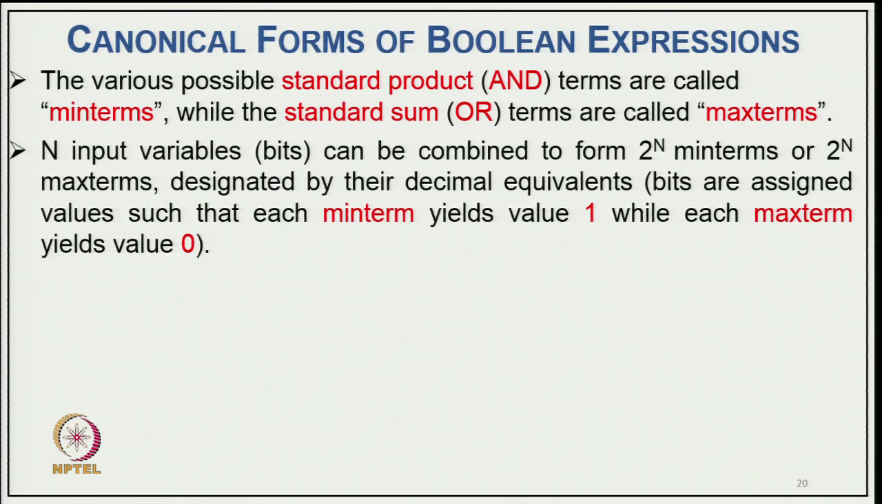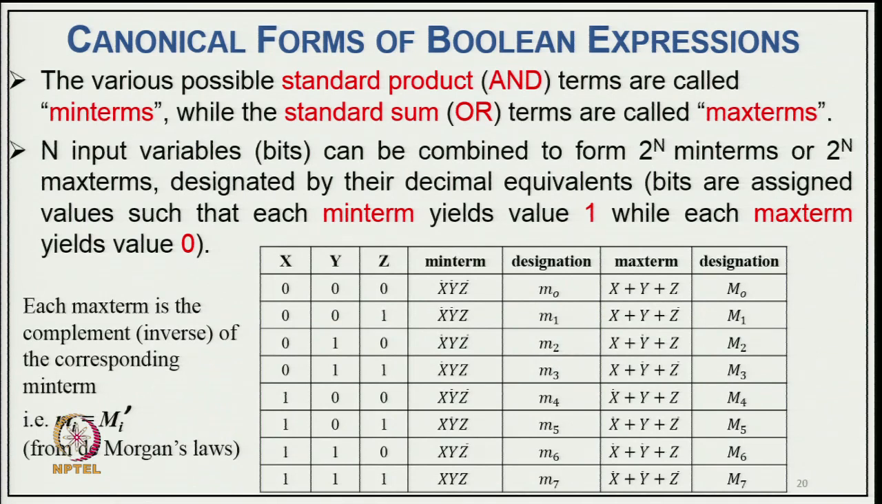So, n input variables, which we can call bits, can be combined to form 2^n min terms and 2^n max terms, designated by their decimal equivalents. Bits are assigned values such that each min term yields the value 1, while each max term yields the value 0. The typical example here is with 3 input variables x, y, z, and each max term is the complement of the corresponding min term. So, you can call it M_i equal to m_i dash, that is the complement of your min term,